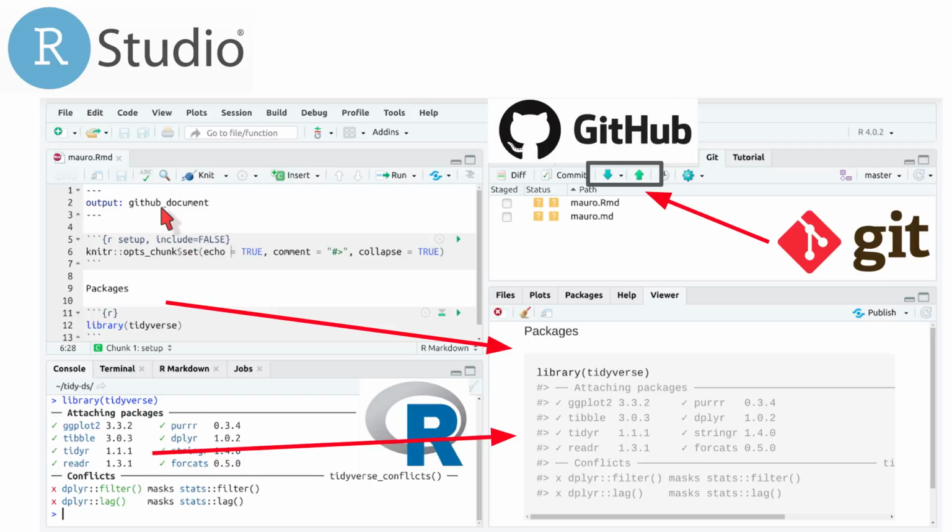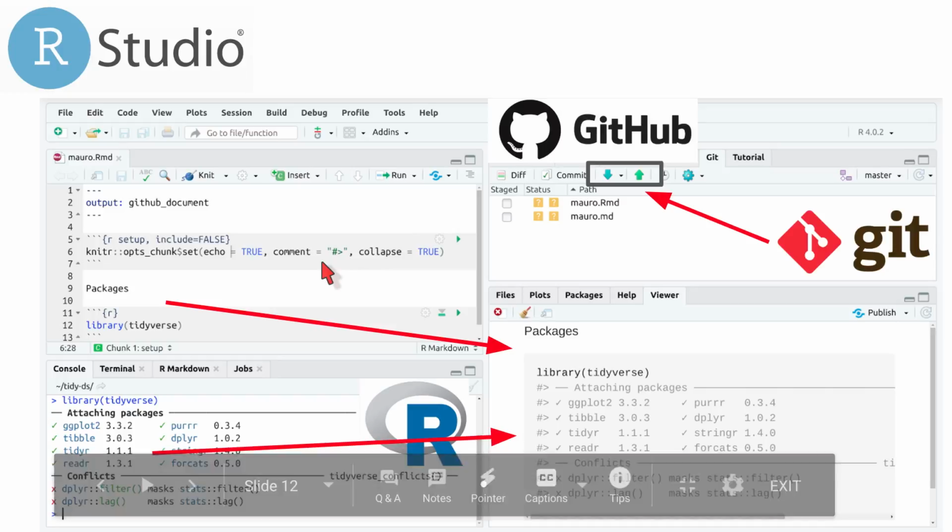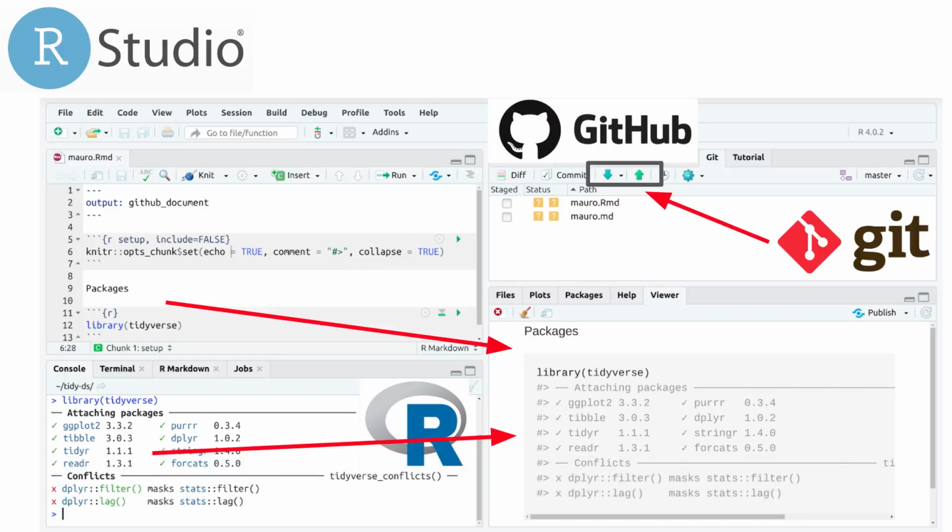In particular, there is one flavor of Rmarkdown document that is called the GitHub Document. As you can imagine, the prefix of the output format suggests that it has something to do with GitHub. And what it has to do with GitHub is that it renders in a way that makes it very easy to communicate your data science on GitHub. With very little effort, you can create a web page for your data analysis on GitHub. So that is what this format does.